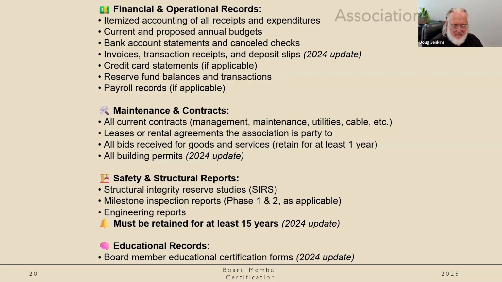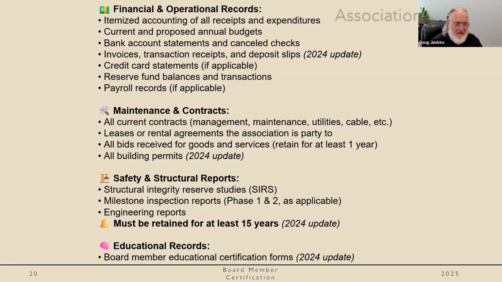Any other engineering reports that deal with the structure of the community, and the educational records, your board member educational certification form that you fill out, we'll talk about filling that out, and in addition, the certification that you receive by completing this course. All those things are required as part of the